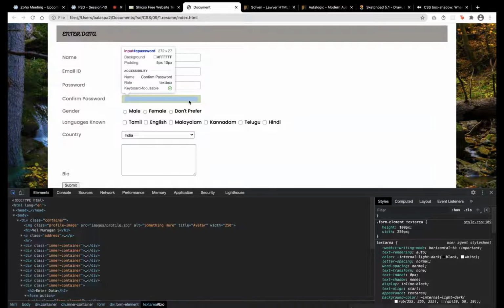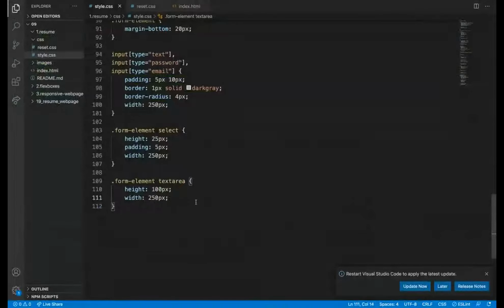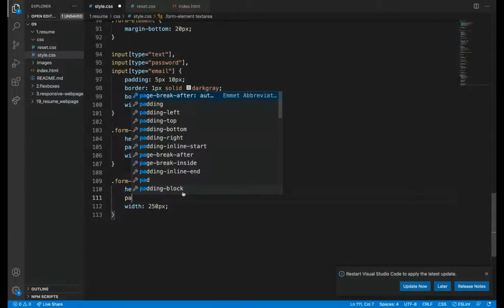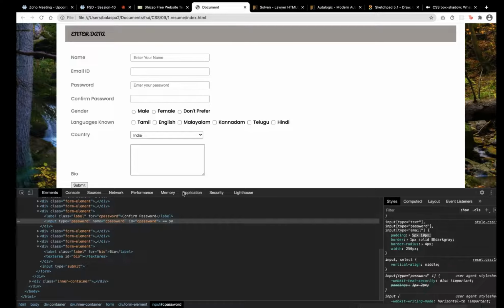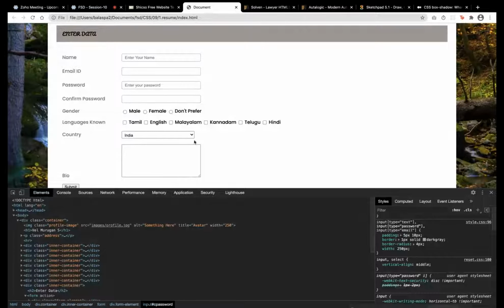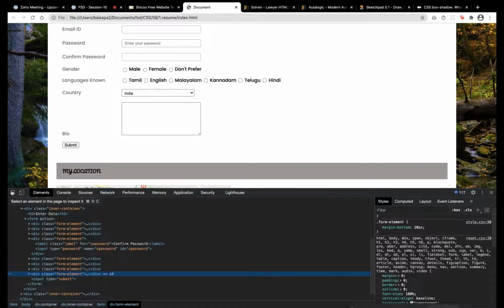Because of this padding, the width will be a little bit different there. So all comes in the same line. Here also we can apply the same; if you want the same width, we can apply that padding. We can do it however we want. So mostly this section looks a little bit good, except the button.